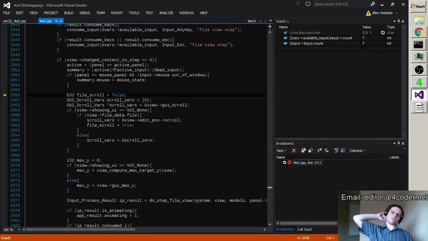Right, so the active input, dead input thing is we give different input handles to different panels so that only one of them is processing active input, but they all get to process input so that they all have the same code path for stepping.